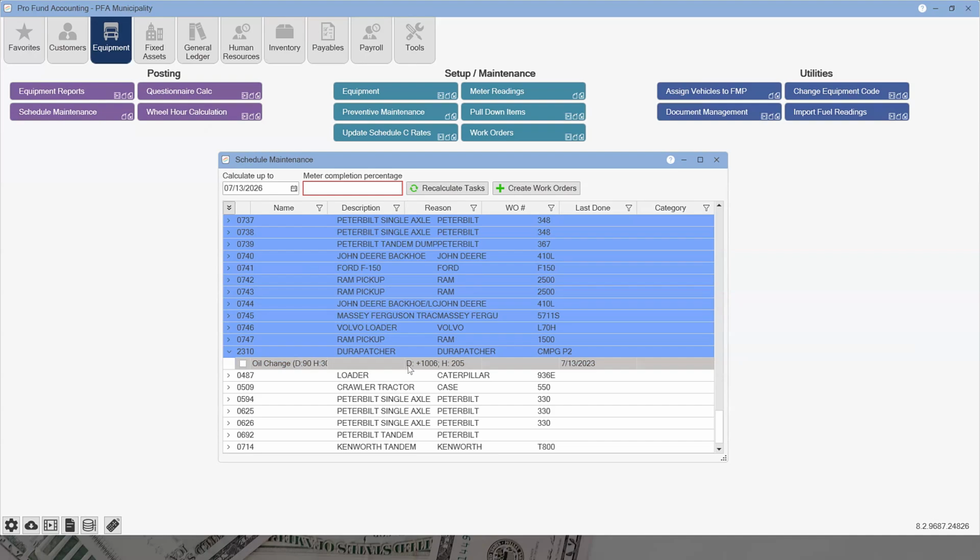Blue is always over. You've got one of your meters that's over, and here's the day meter. He's over by 1,000 days. The hours is not over because it's not a plus. The hours is at 205 on the last read. So it's a little cryptic, but an easy way of showing all of that information. The days is 10,050. The usage is 4,577. If we expand this out a little bit, every 5,000 is supposed to come due and every 90 days. So we're not quite overdue on the usage, but we are overdue on the number of